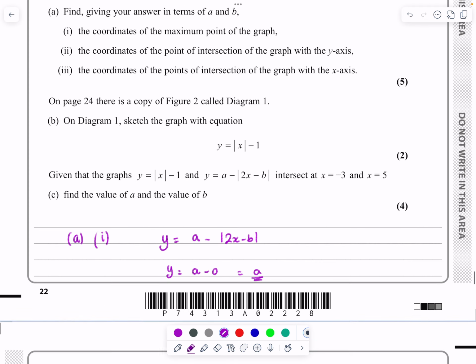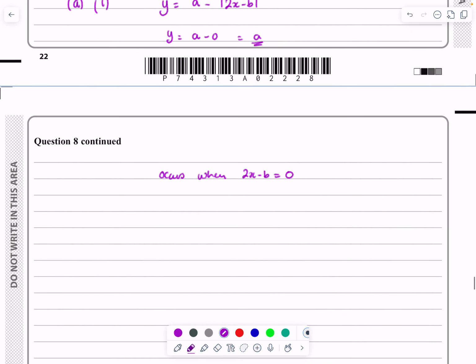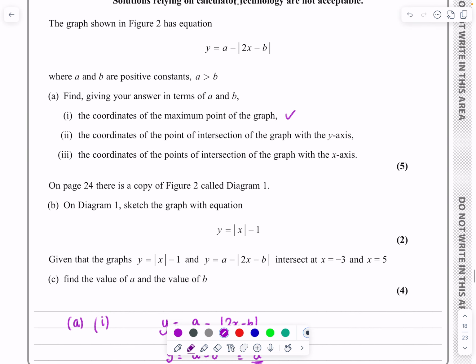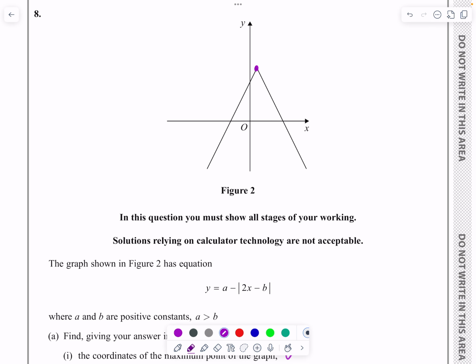It wants the maximum point of the graph though, so we need to know when does that occur. So that occurs when 2x minus b works out to be equal to 0. And if 2x minus b is equal to 0, rearrange that, we get x equals b over 2. So the maximum point as a coordinate then is going to be b over 2, comma a. So that's part 1 done. Maybe just put it on the graph. I don't think we necessarily need it, but we can just put, then, this is b over 2, comma a,